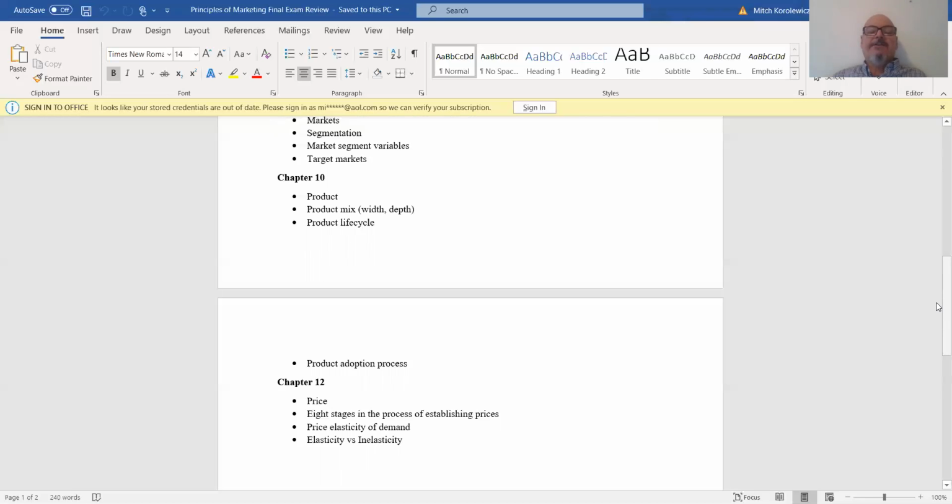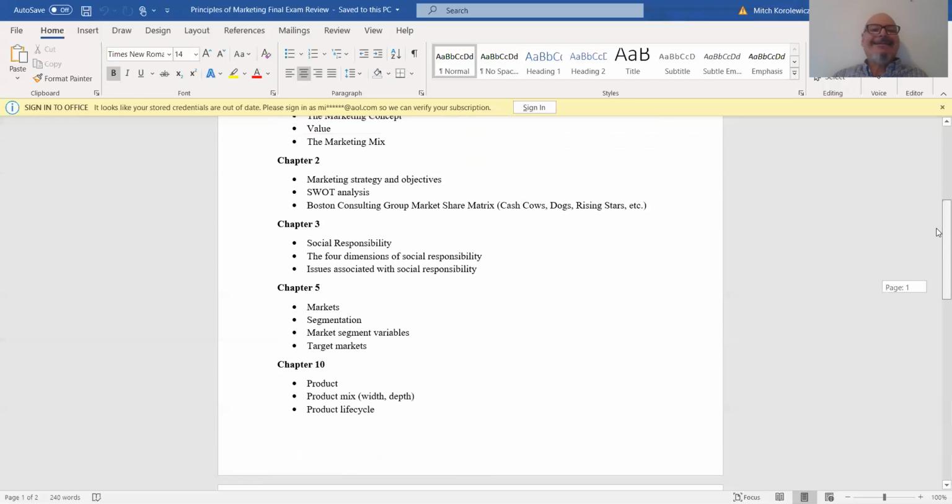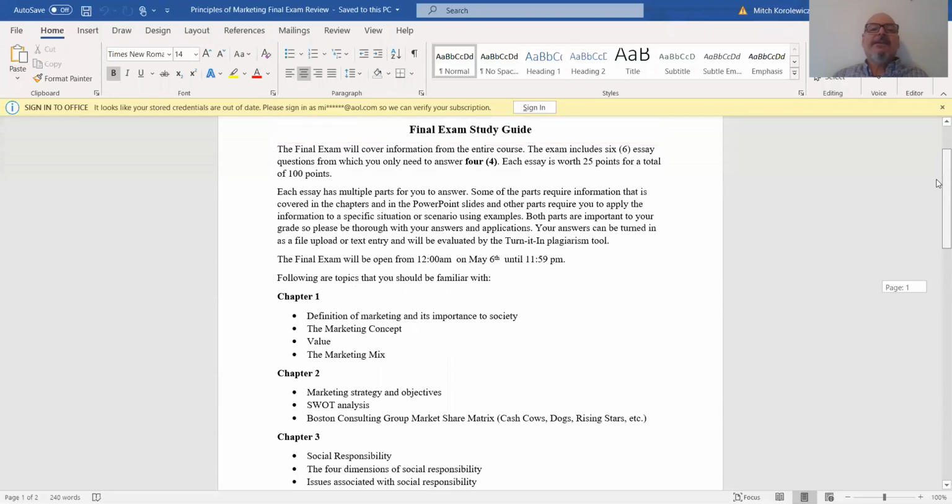What are the 8 stages in the process of establishing prices? What's this whole idea about price elasticity of demand, elasticity versus inelasticity? Basically, what we're asking is how sensitive are your customers to changes in price? If you increase the prices of your products, will that decrease the demand for your product? If you decrease the price of your product, will that increase the demand for your product? How sensitive are customers to the prices of your products? So those are the important and key topics and key chapters that I want you to pay